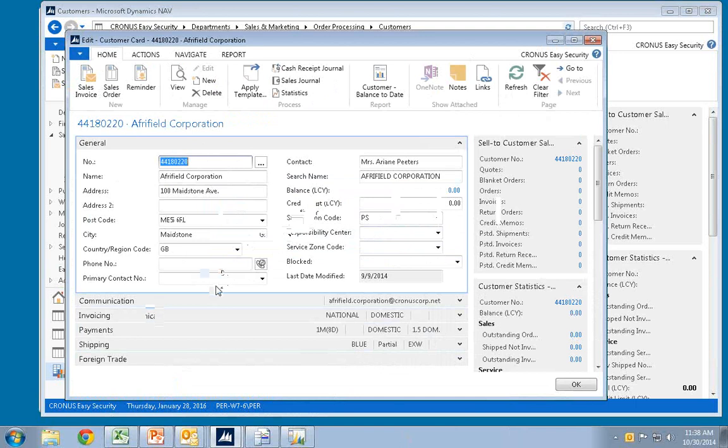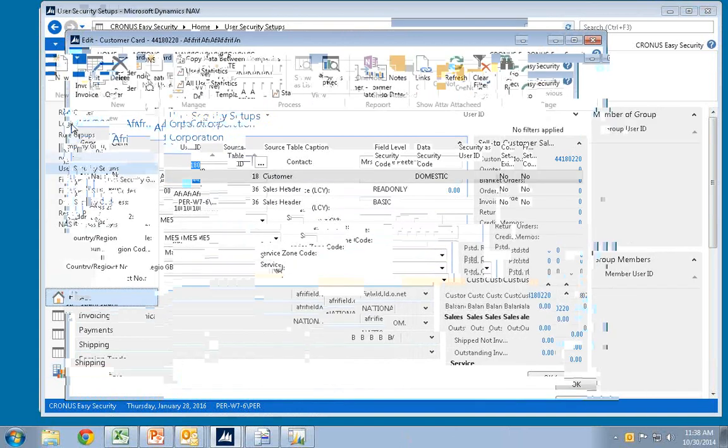But this one is really the two parts of security. There are the roles and logins, the standard NAV functionality, and then we have these extended features that, when that is not enough, you can use to build security for places like finance, G/L accounts, G/L entries, all the sales document flows, purchase documents, and things like that.